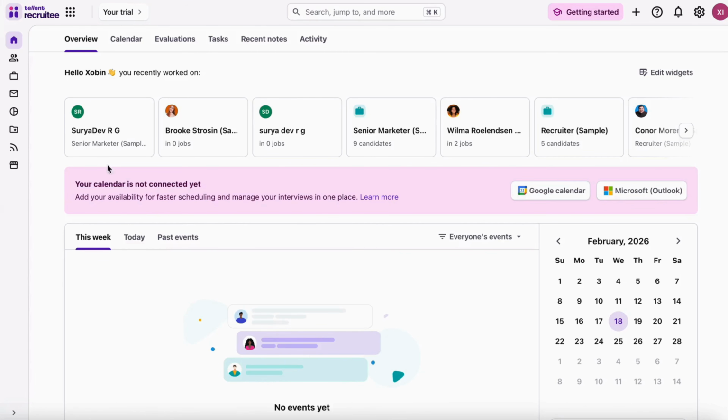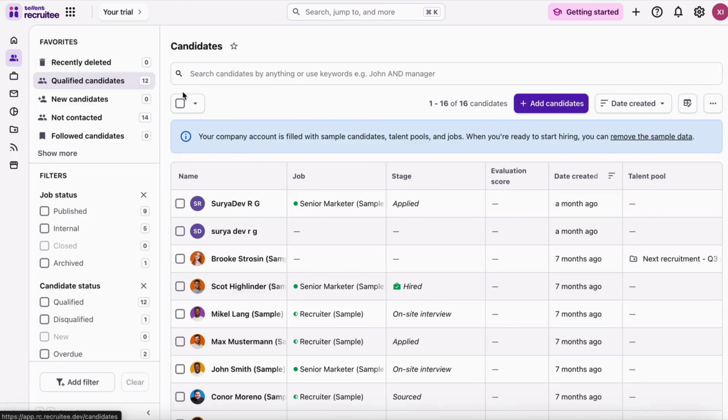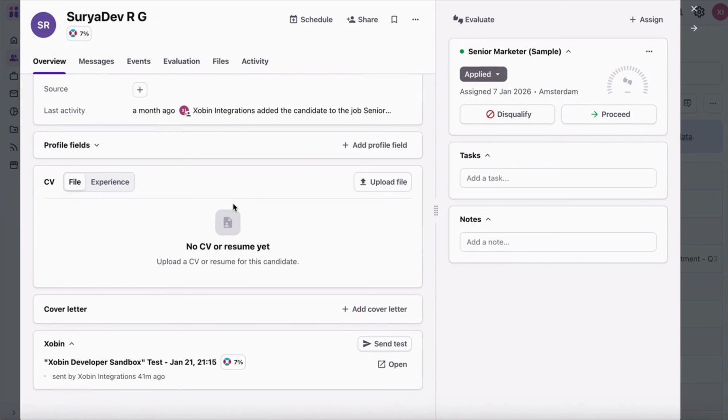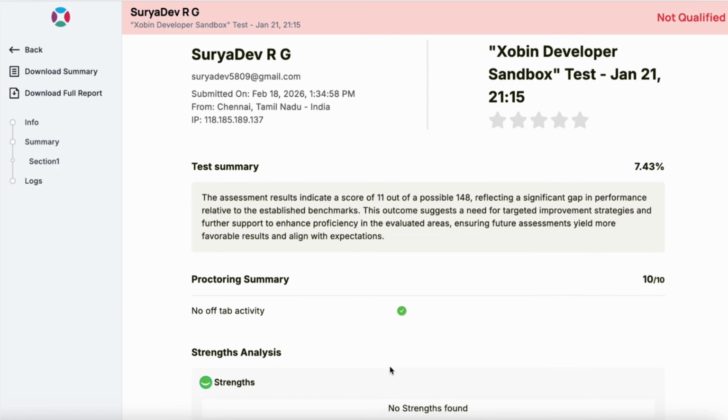Once the candidate completes the assessment, you can view the results directly from the same candidate profile. Simply open the candidate profile again, scroll down to the Xobin section, and click to open the detailed report. Here you will be able to view the complete candidate assessment report, including performance insights and whether the candidate is